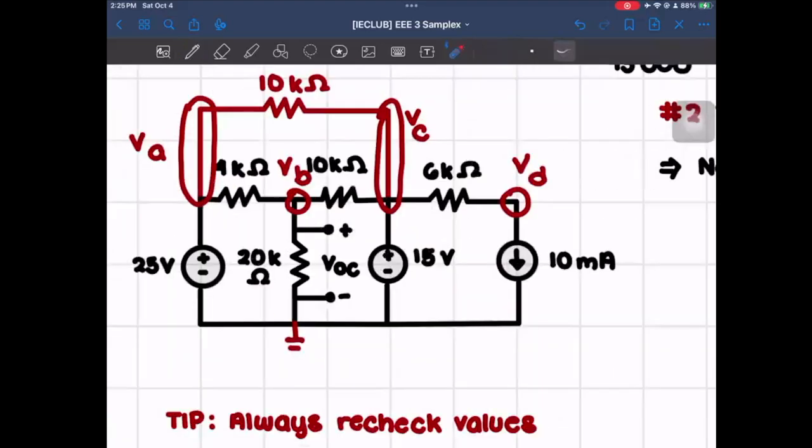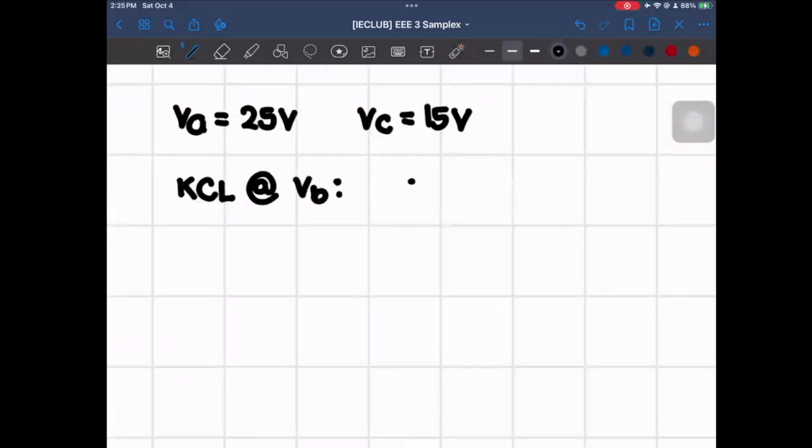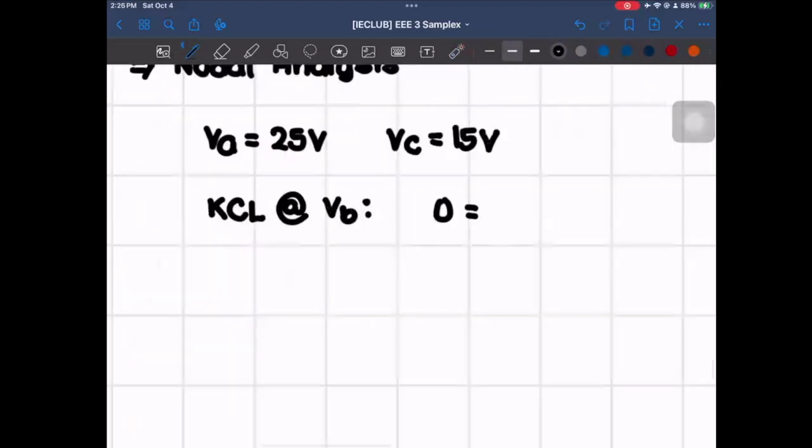And instead of needing to determine the signs, I just assume that all of the resistor current directions are going away from VB. So with that, we could determine immediately that all of it is going out. So 0 is equal to I4K